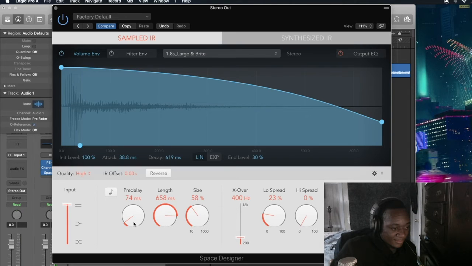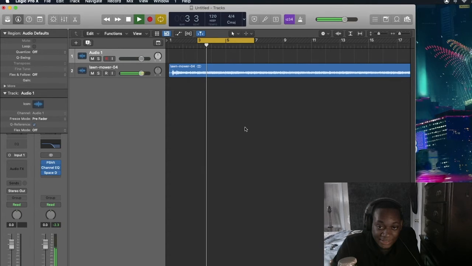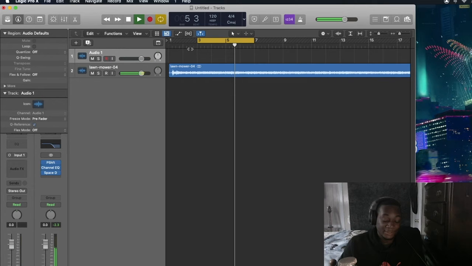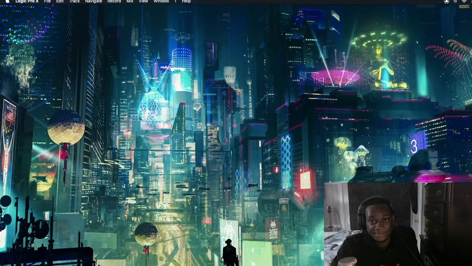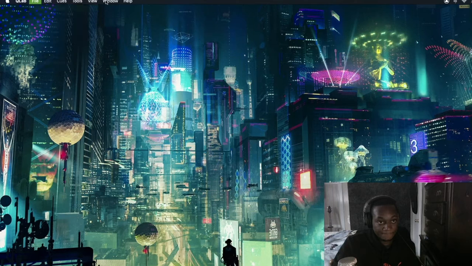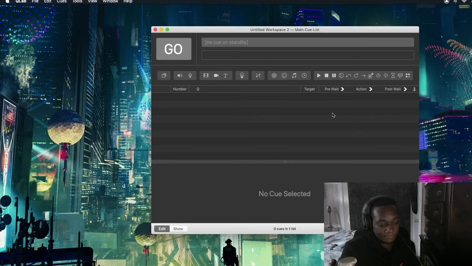So I added my reverb. Don't copy these settings because they probably sound like trash. And now I have my big propeller. So what I'd do at this point was take it, render it out, go to QLab, and what I do in QLab is